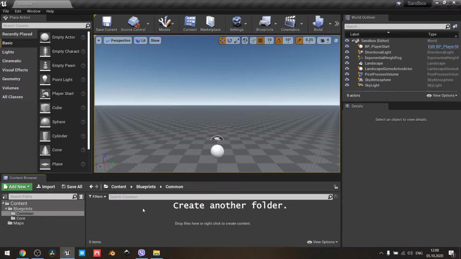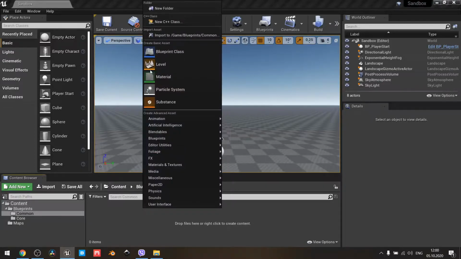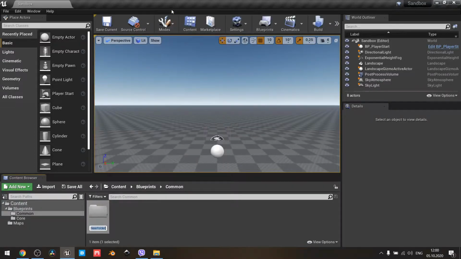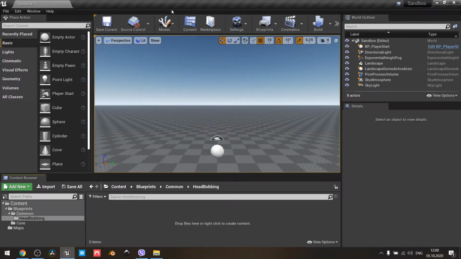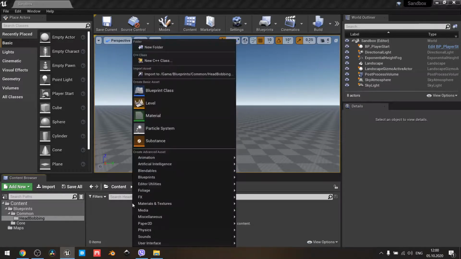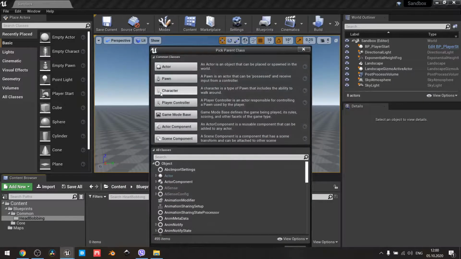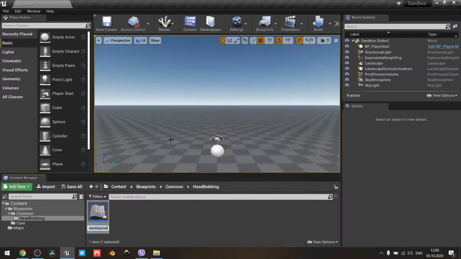Next, we need one more folder. Call it head bobbing. Here we need to create a scene component. Name it BP_